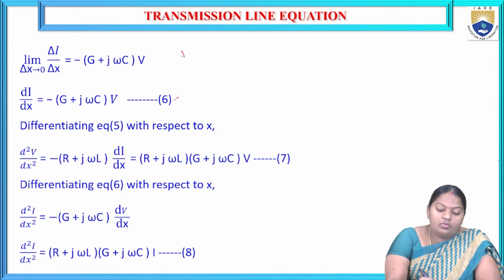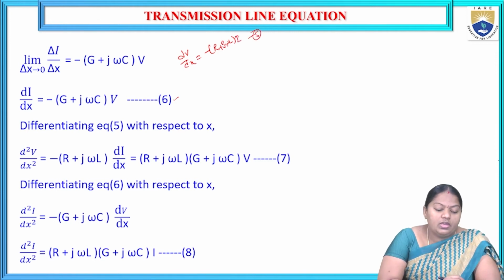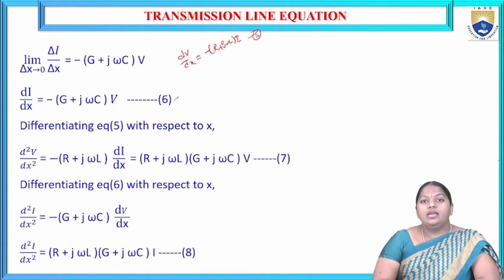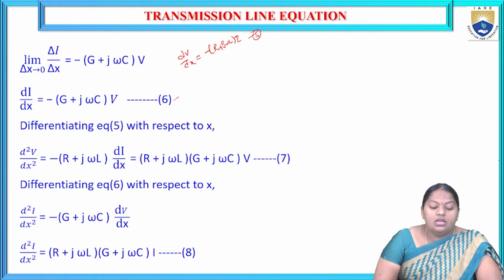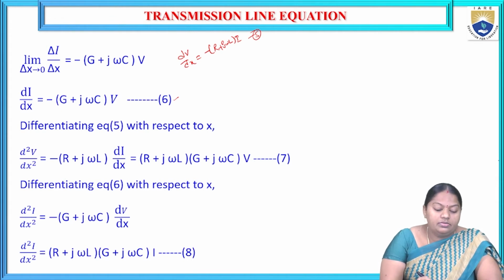So previously we had dV by dx equal to minus of R plus j omega L into I, which is equation number 5. Now from equation number 6, dI by dx equal to minus of G plus j omega C into V. From these two, equation 5 and 6, we are going to consider first